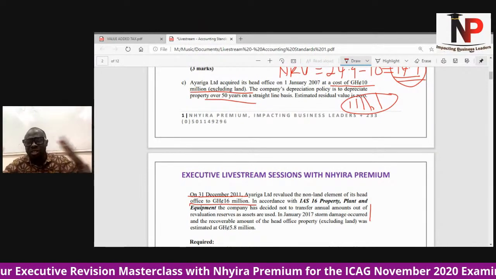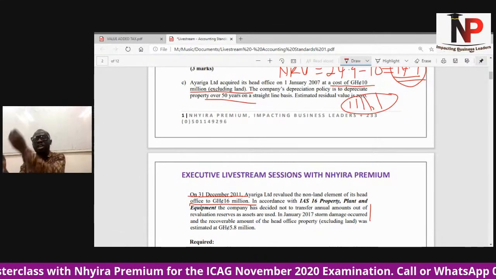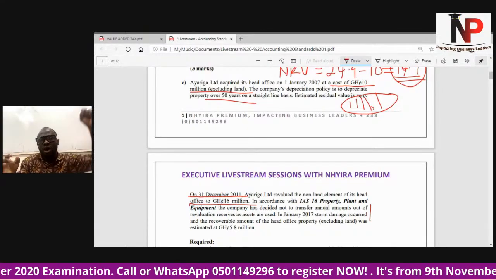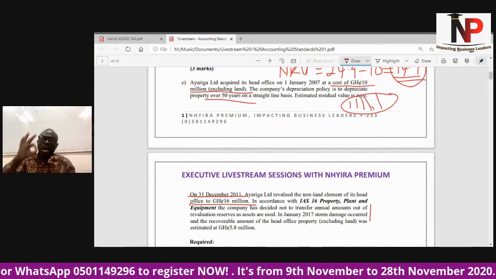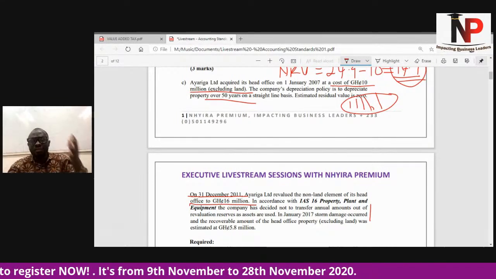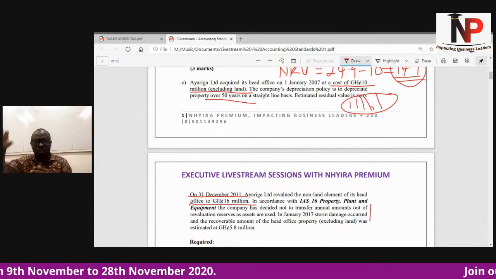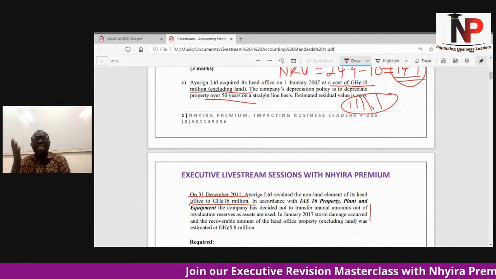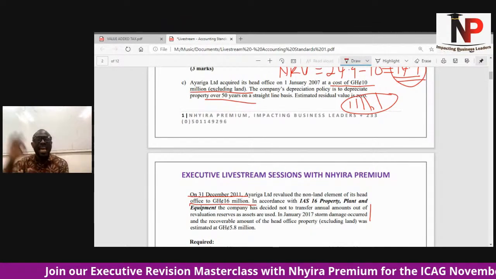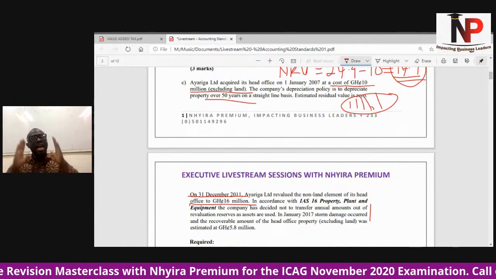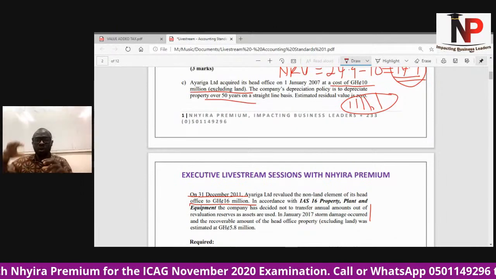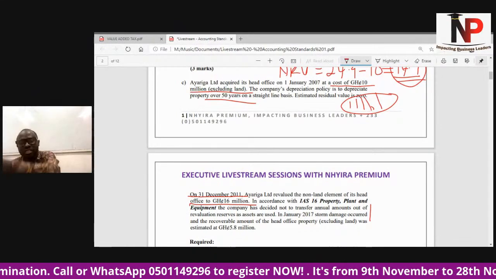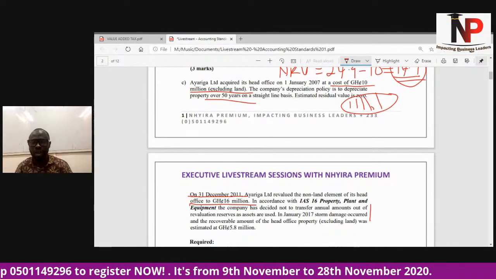Now, the standard allows that to compensate shareholders for the reduction in the profit as a result of the revaluation of the asset, there should be an annual transfer from the revaluation surplus account to the retained earnings. And that annual transfer will be the revaluation surplus divided by the remaining economic useful life of the asset. And this annual transfer is just the same as the excess depreciation that we are having. And that will be transferred from the revaluation surplus to the retained earnings so that we will be able to now compensate the shareholders and get the returns they are supposed to have had, if not for the revaluation of